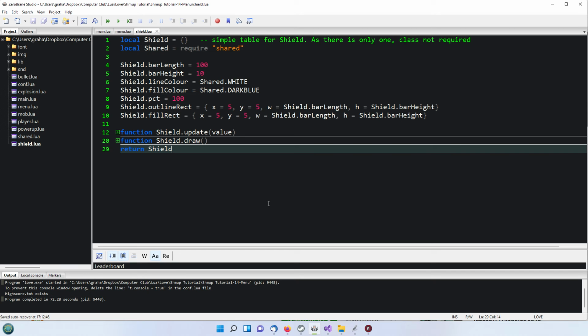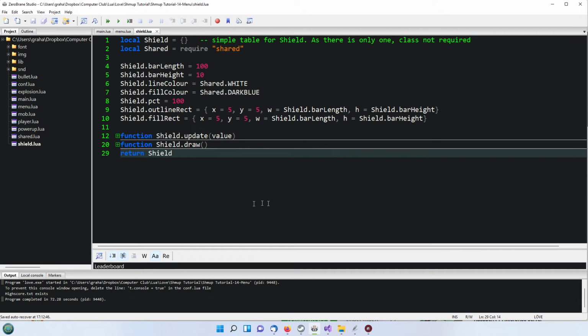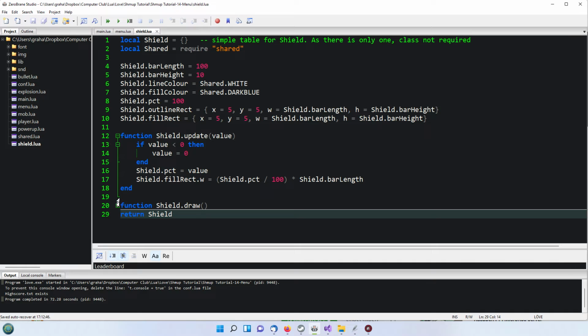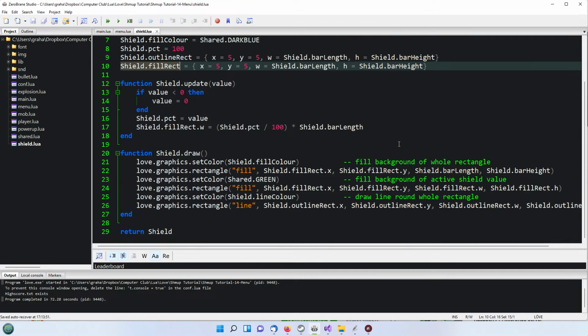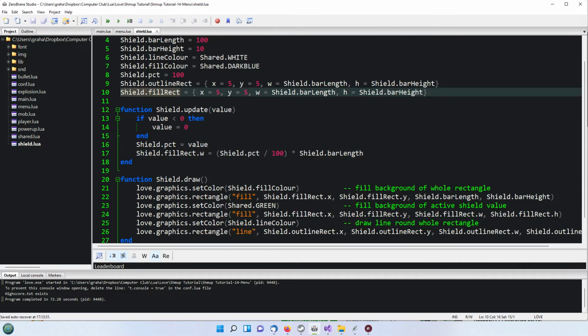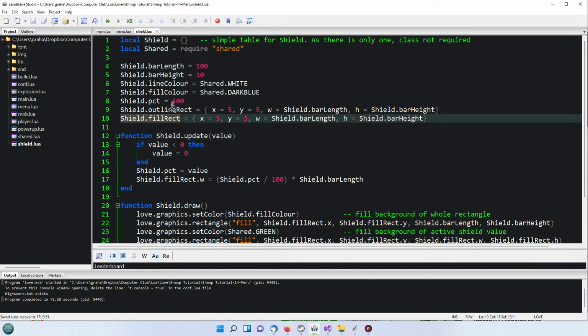Shield, again, not much changed there because this was relatively simple anyway. So we're drawing our 3 bars, so the bar length and height is set up here. So we've got an outline rectangle and a fill rectangle. Now the reason I haven't got 3, which I have in the pie game now, is that we're reusing the fill rectangle, sorry, the outline rectangle here,